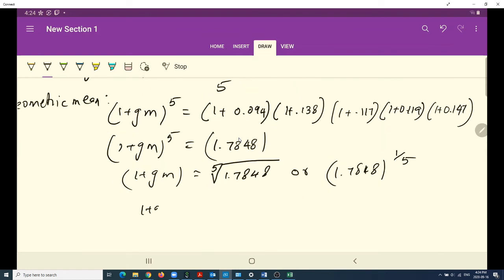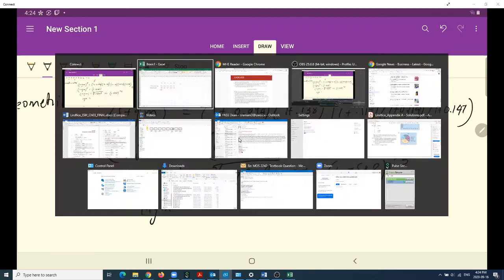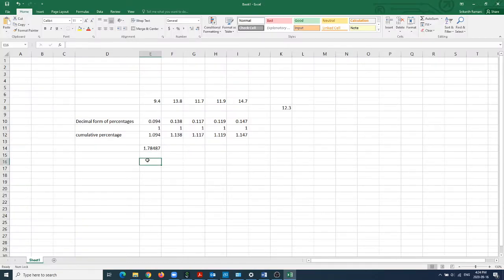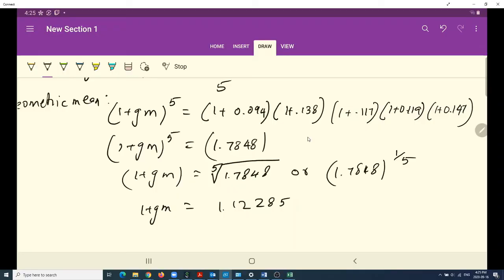And so 1 plus geometric mean would be 1.12. So that's what we get, and so the geometric mean is going to be 0.12285,